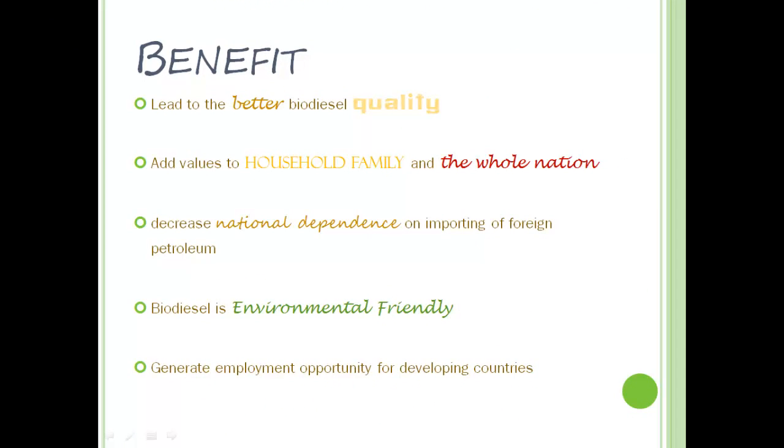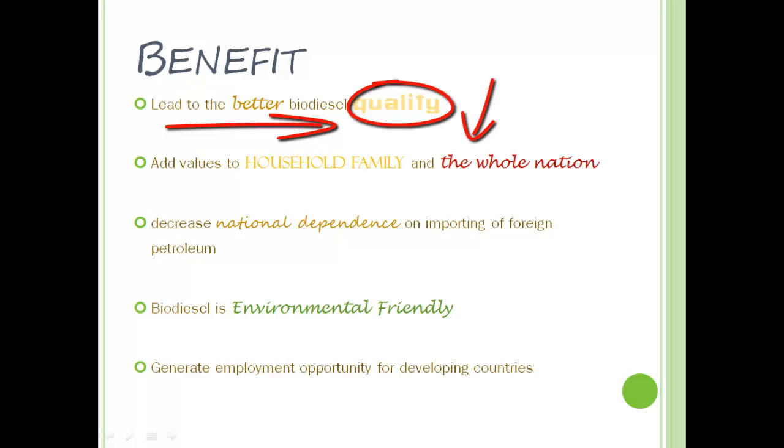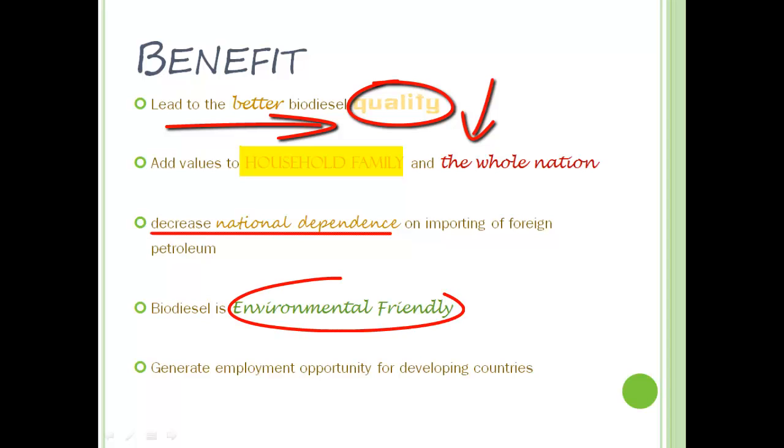This project has a lot of benefits. First, it can lead to better biodiesel quality, and because of that, it can also add value to households, families and the whole nation. It can decrease national dependence on importing foreign petroleum, and biodiesel is environmentally friendly, and it can generate employment